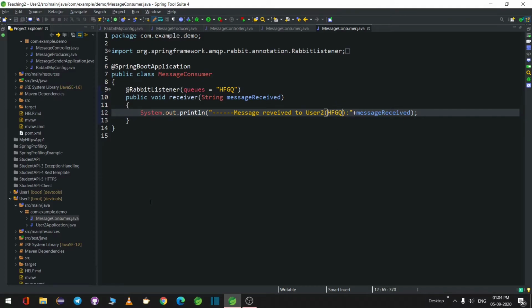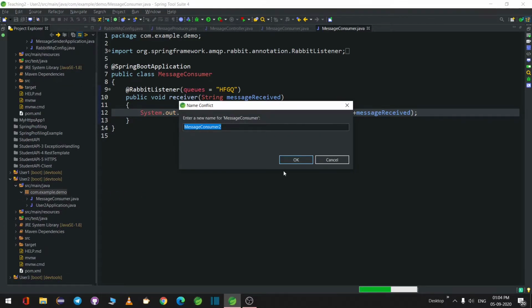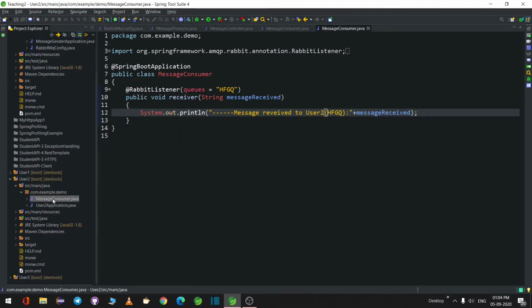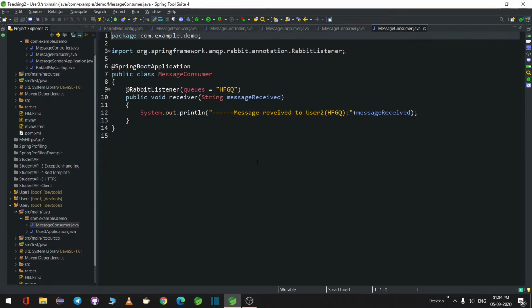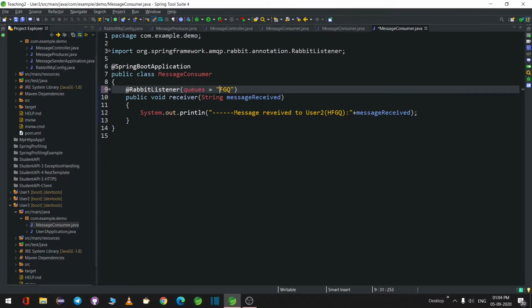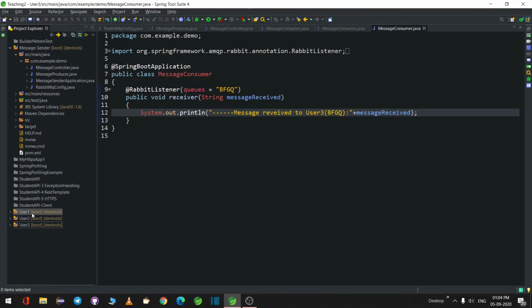In the same way we have to write it for user 3 as well. We decided user 3 will be listening to the Bollywood queue. I'll copy paste this message consumer, and this should be listening to BFGQ. Now we are ready with all the receivers and the sender.